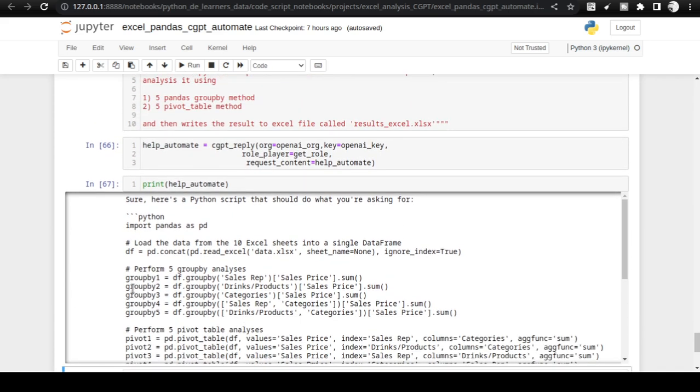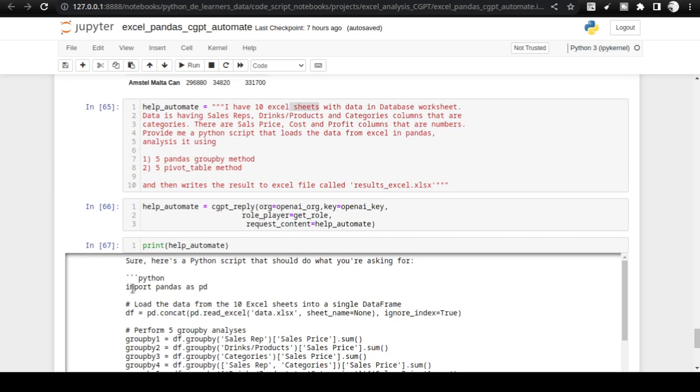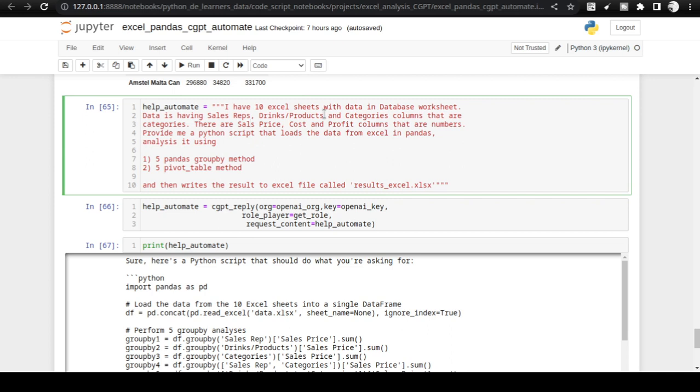So yes, we have come to the conclusion of how to automate the Excel sheets process. Assuming that all the data is in a single Excel workbook, still it is an automation that has been done. If you have to do it in multiple Excel workbooks, just update this prompt and check how the reply comes. I'm 100% sure that a Python script will come out and you can tweak it. You might still face some challenges, but you can tweak it using various resources available, and do comment to me with feedback in the YouTube comment section,